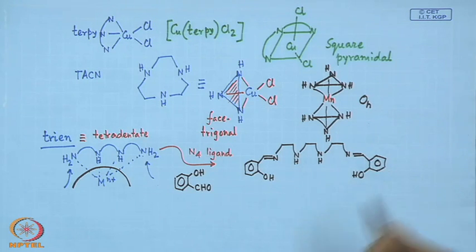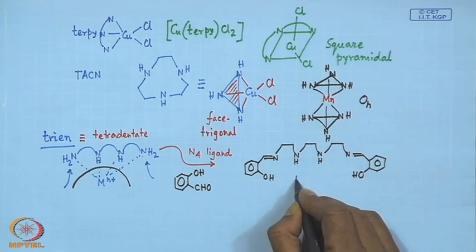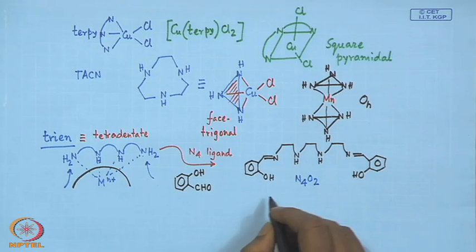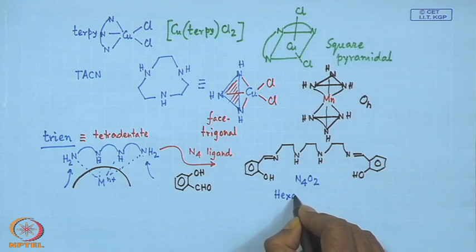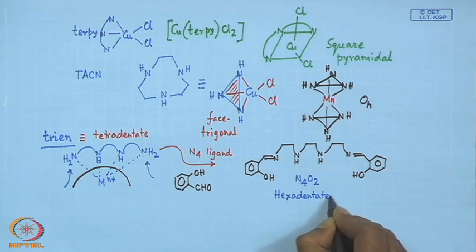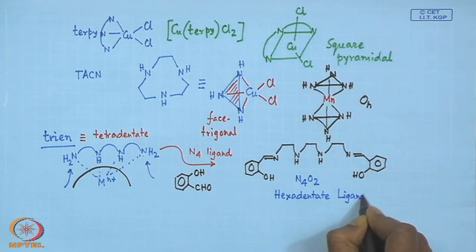So, in a simple reaction of triene with salicylaldehyde, we get the N4 O2 type hexadentate ligand,